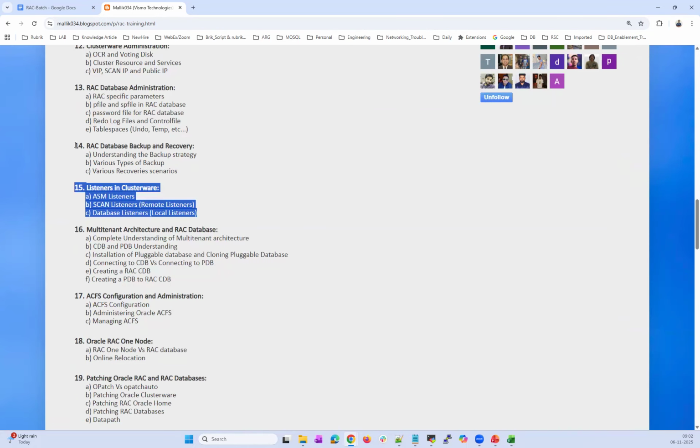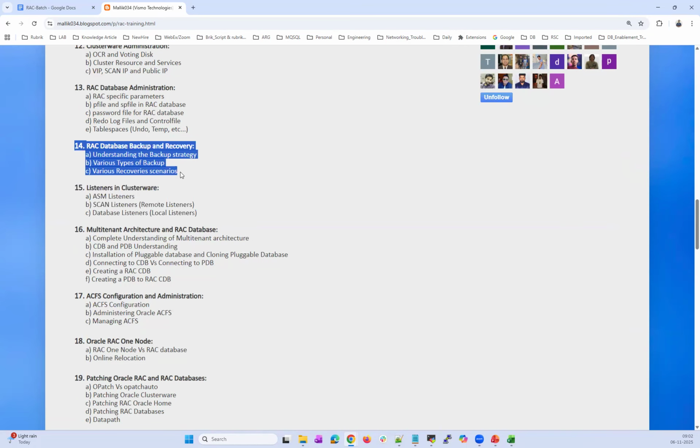Right, and then the backup and recovery. You might have already worked on this as a DBA. You might have already used RMAN backup, restore, and recovery for a standalone database. Here we'll extend the backup and recovery scenarios and concepts to my RAC database: the way to take a backup on RAC node 1, RAC node 2, or both nodes, and how to take my RAC database backup.